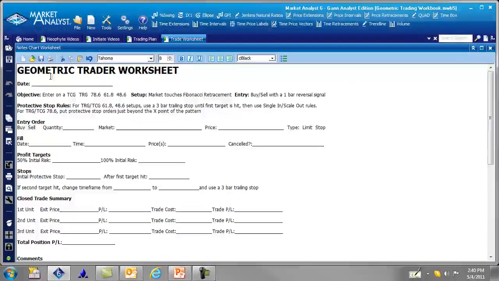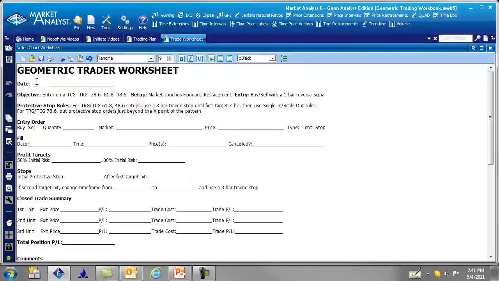So here's your geometric trader worksheet. And you can print these off, or you can go ahead and fill them out right within the software here if you want. So date, when you look at a trade and you're going to put a trade on, just before you get filled and you put your orders into the market, this is when you start filling it out. So let's say the Gartley pattern has exceeded the B point and you have your alerts on,